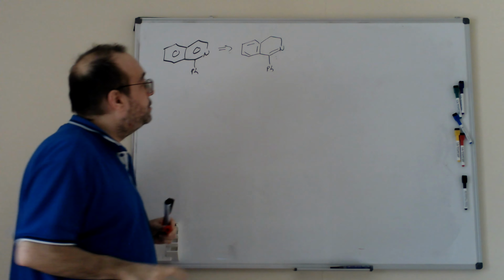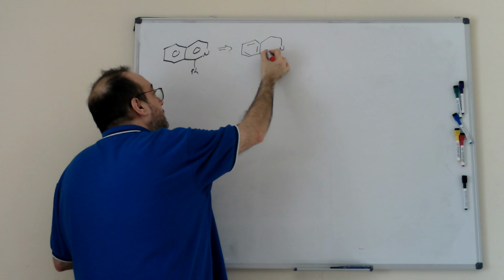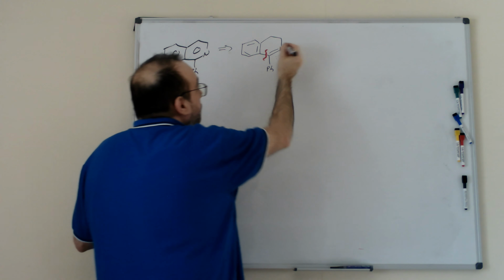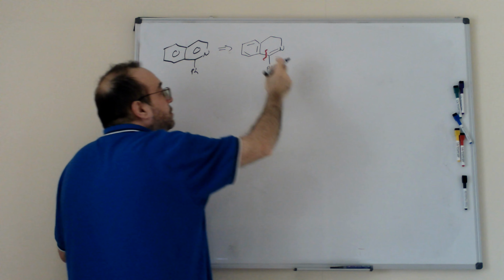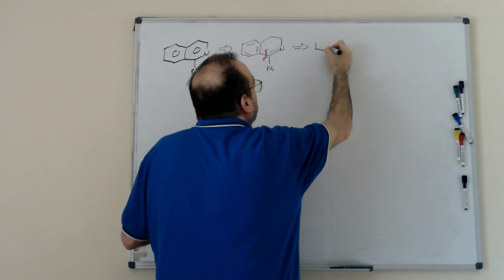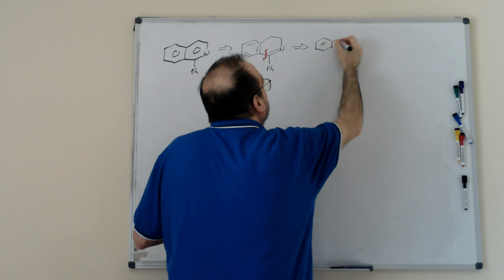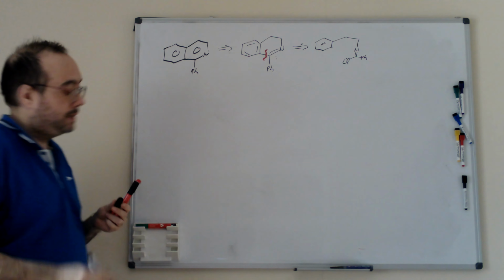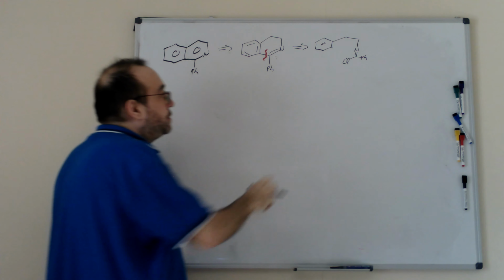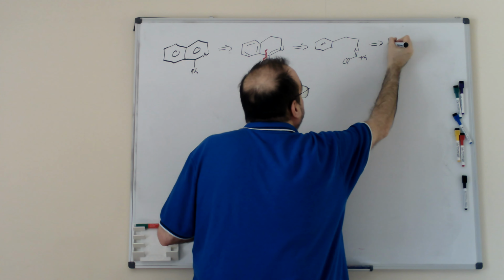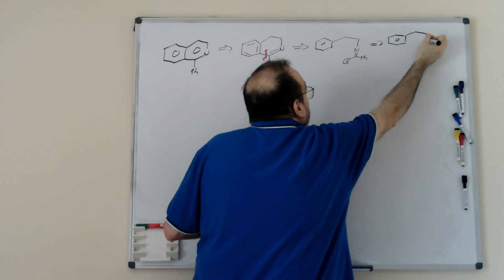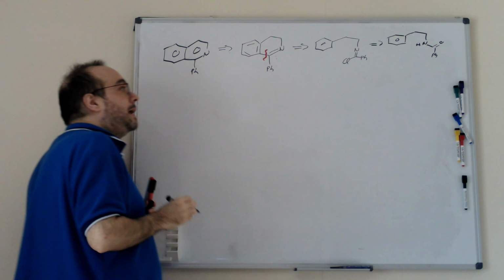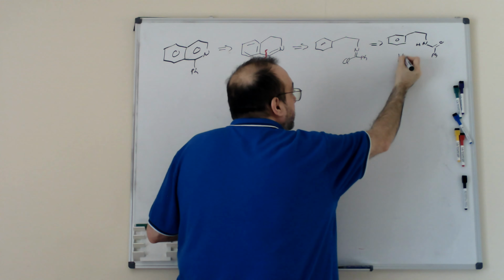Then, what we can do is break this carbon-carbon bond, okay? And this can be the addition of an electron-rich benzene ring to a Vilsmeier-Haack compound. And if you remember, this compound is a Vilsmeier-Haack, that means that it can be obtained from the amide that can be obtained from